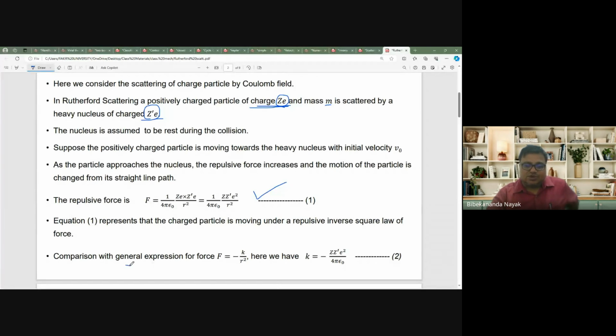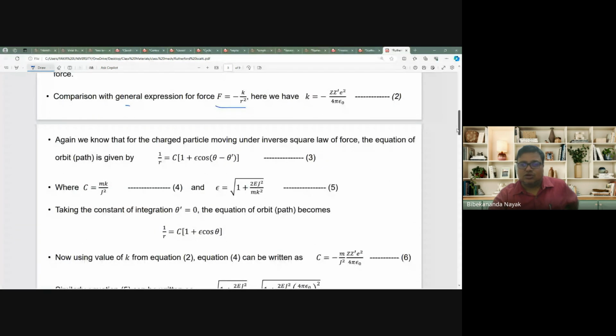For the general expression of force, we know that it is minus k by r square. Comparing this, we can say k is equal to how much? 1 by 4 pi epsilon naught, ZZ'e square. This is our k. Then go to the formula. We know that for a charged particle moving under an inverse square law of force, the equation of orbit is